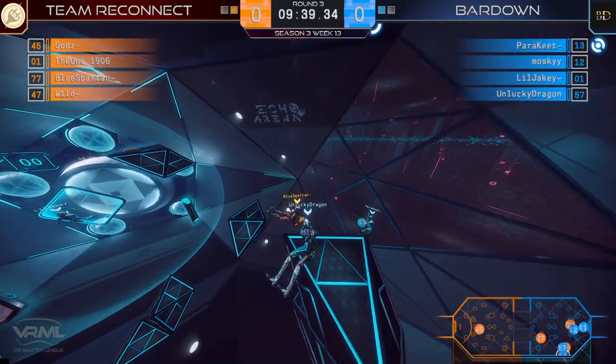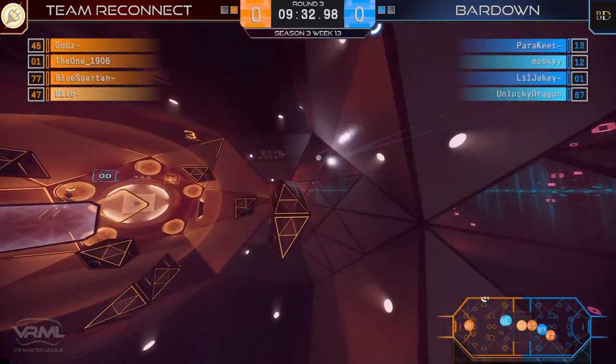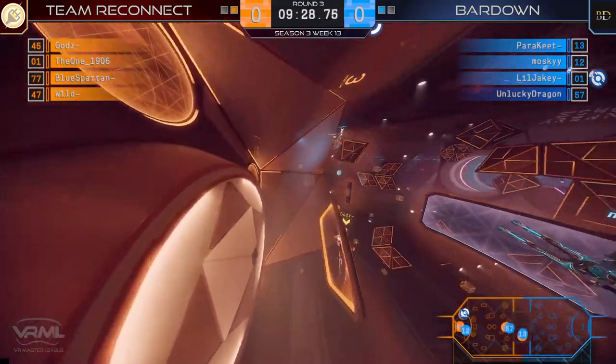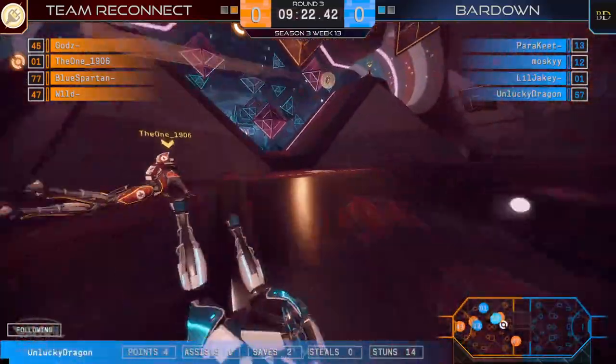As there's going to be Parakeet with that disc, going to be passing it down through. As Parakeet's going to try and pass that down through, it's going to be looking very clean, very crisp. Little Jakey with that disc, as it's going to be trying to get it down through, but Blue Spartan's able to stun it out. Going to be having that time enough to connect it down through to the one. The one going to be trying to get that